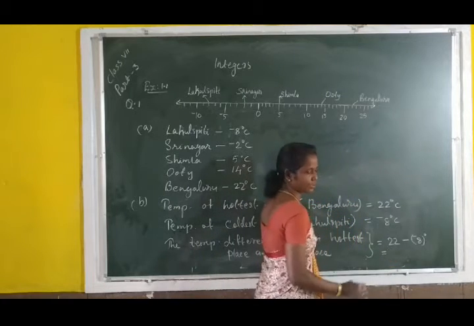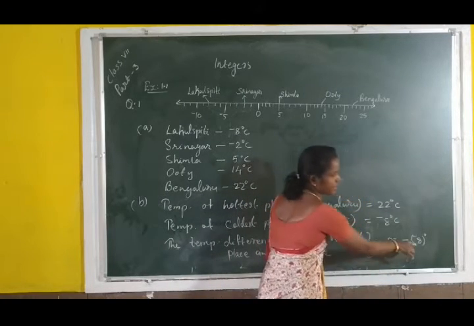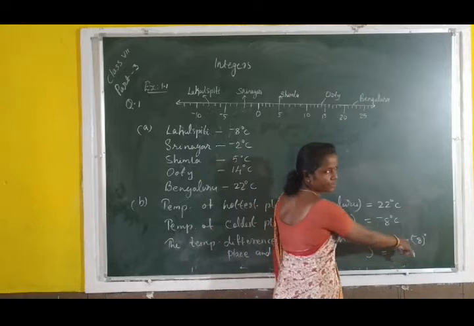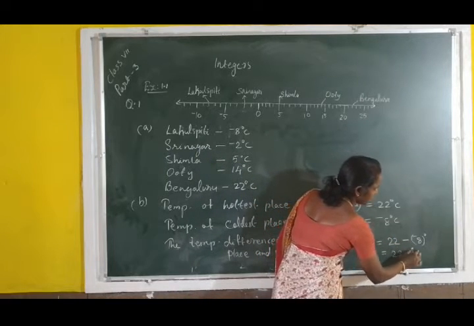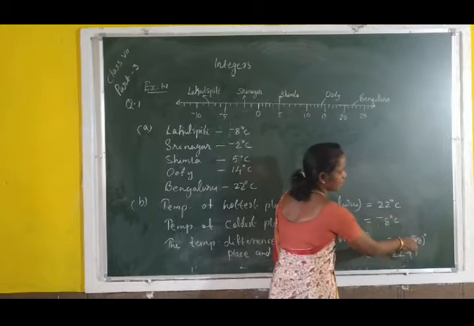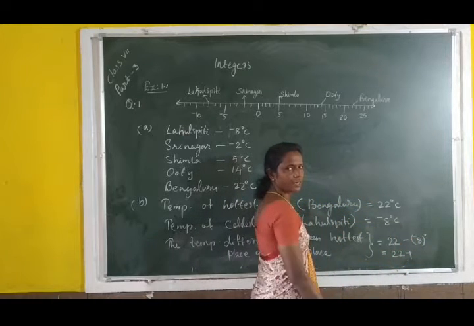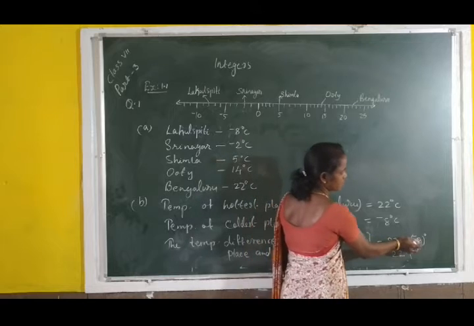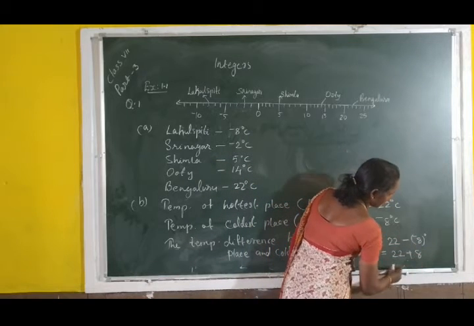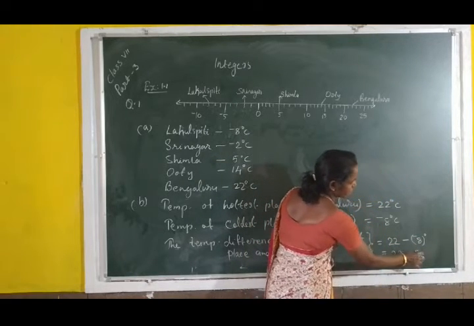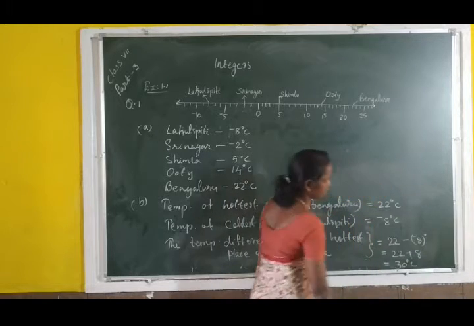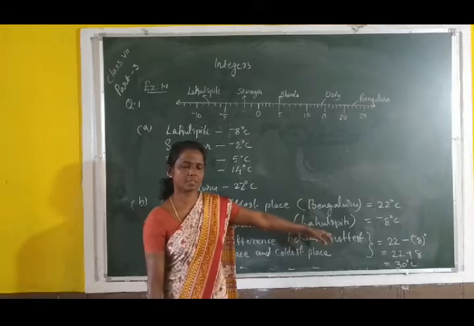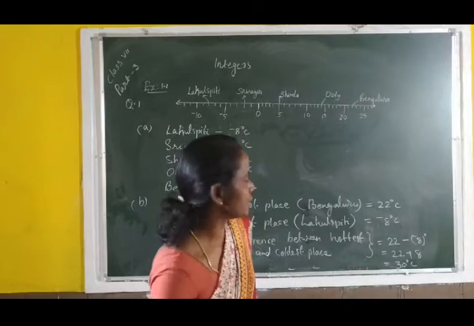Then the subtraction rule: take the additive inverse of the second number and add it to the first number. Here the first number is 22. Then add plus. What is the additive inverse of negative 8? The additive inverse of negative 8 is 8. Then 22 plus 8 is equal to 30 degree Celsius. Is that clear? The next